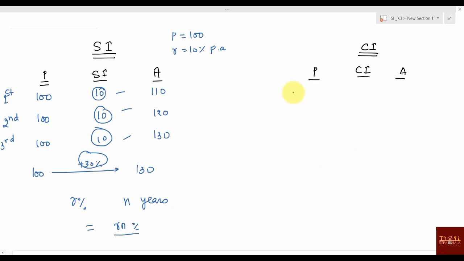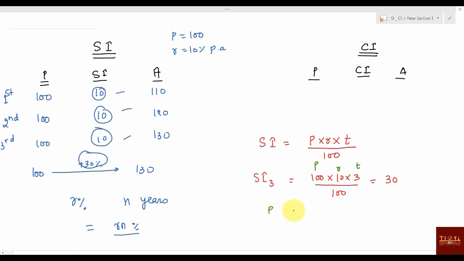Still, just for comparing, I will tell you one formula that you already studied, that is SI value is P into R into T by 100. You remember or not? So if I say SI for 3 years, principal was 100, rate was 10 and time was 3, divided by 100. So what is your SI value? 30. How you get it: this value is for P, this value is for R, and this value is for T. Can I say something like this?